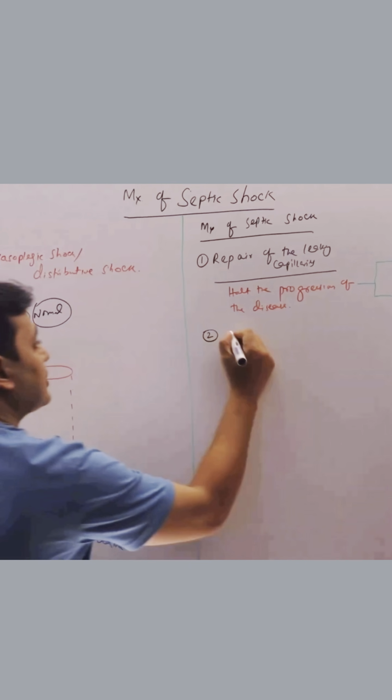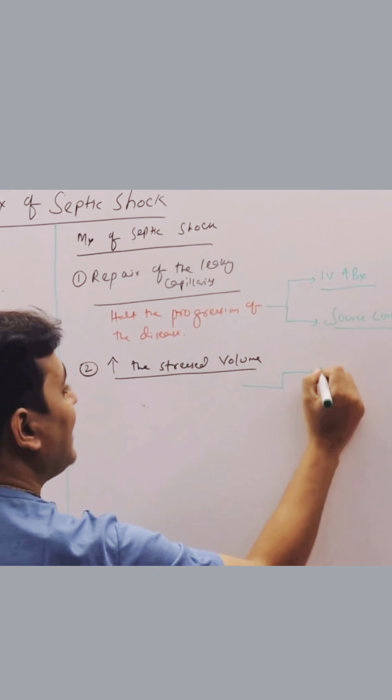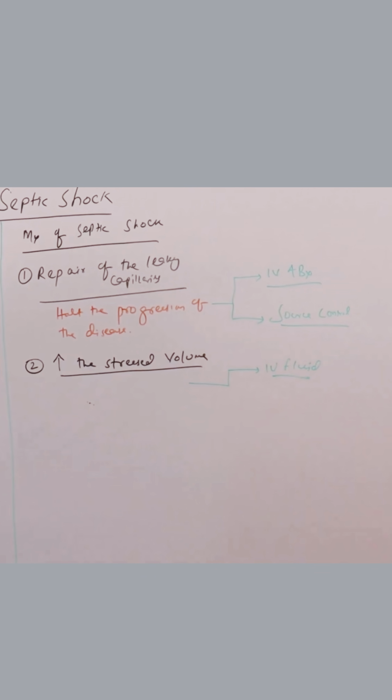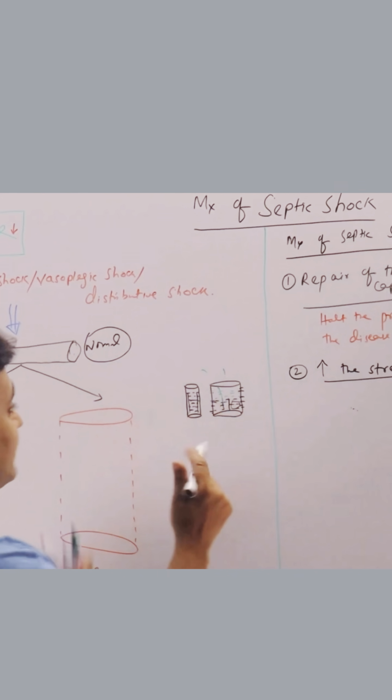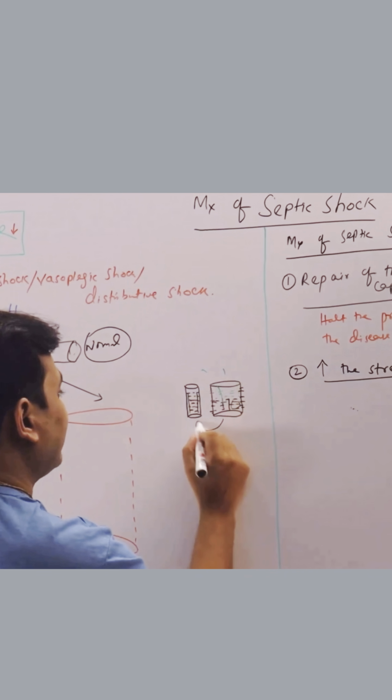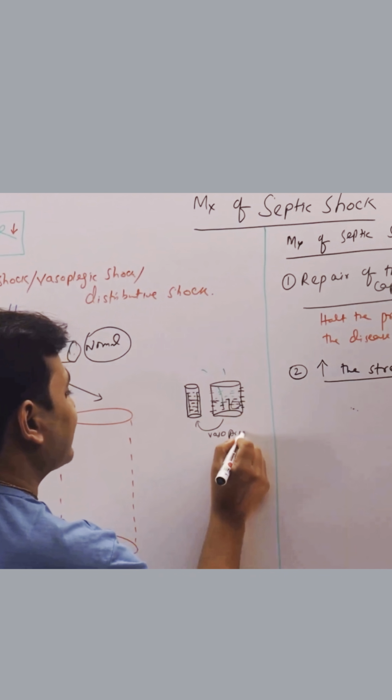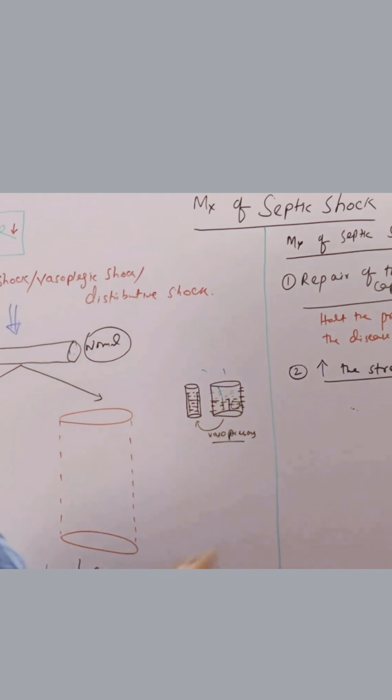So we have to increase the stress volume. So how to do that? IV fluid. This is one way. And another way is, what we can do, we can constrict the vessels to again become like this. We can use vasopressors to constrict it, right? The second line will be